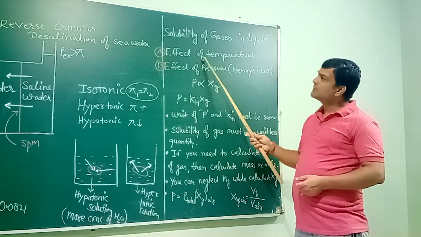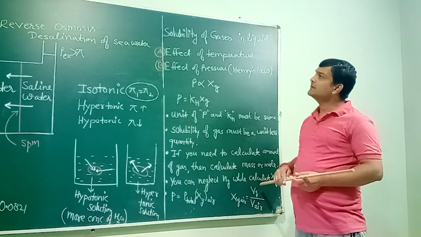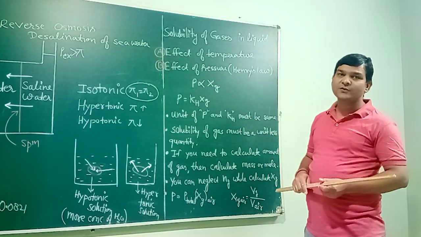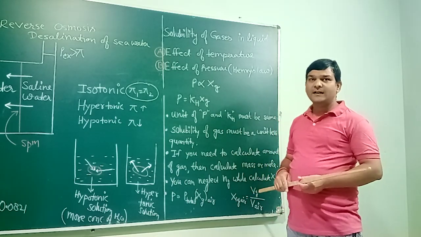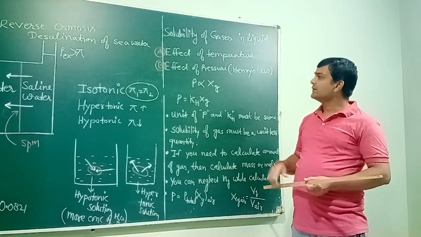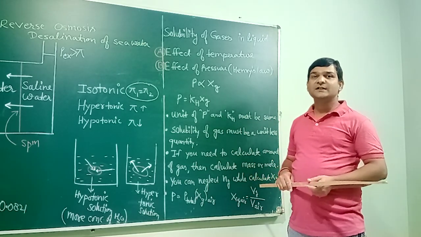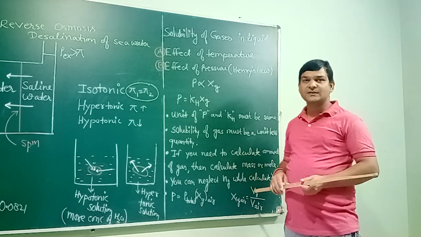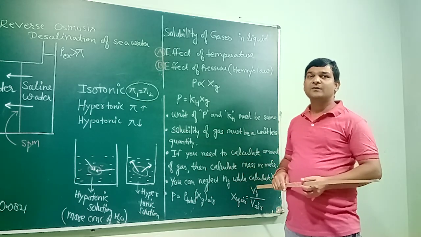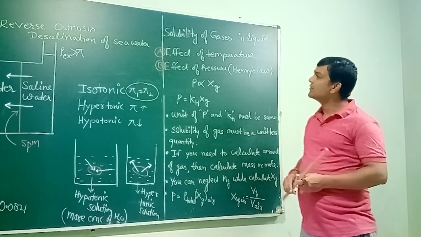Now you can have one question here: why are the species in cold water easily able to survive? And the answer you will write: because of low temperature, their dissolved oxygen is more, and therefore the aquatic animals can easily use this oxygen in their breathing, and therefore they will easily survive in cold water rather than in hot water.